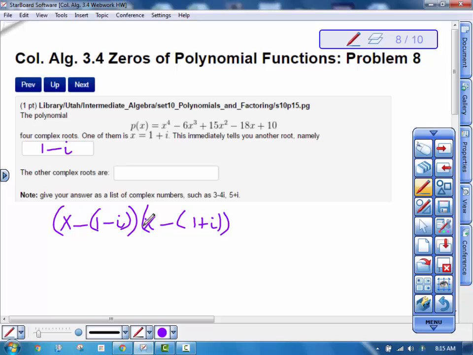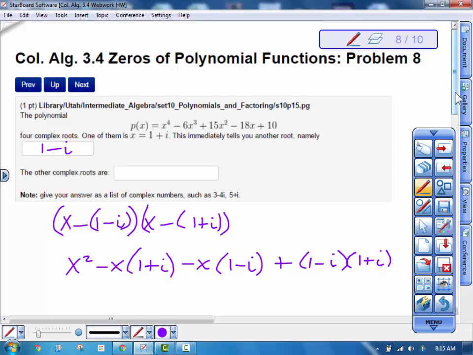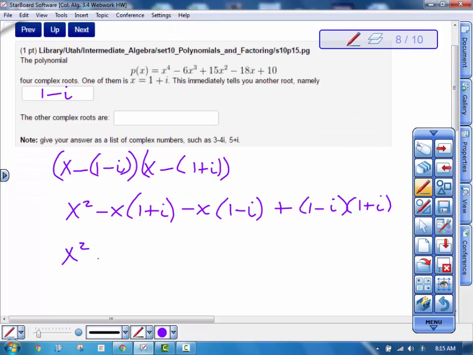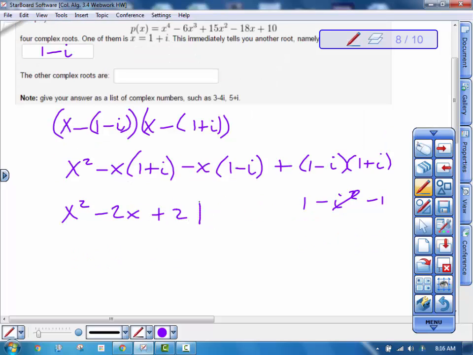Okay, we have to FOIL this out, so it gives us x squared, negative x times 1 plus i, minus x times 1 minus i, and then plus 1 minus i times 1 plus i. So this gives us x squared minus 2x here, and then here we have 1, middle terms cancel, negative i times positive i is negative i squared, so it's 1 minus i squared, which is negative 1, so 1 plus 1 gives you 2. So I'm going to have to do long division now